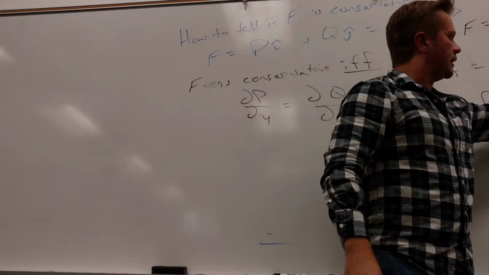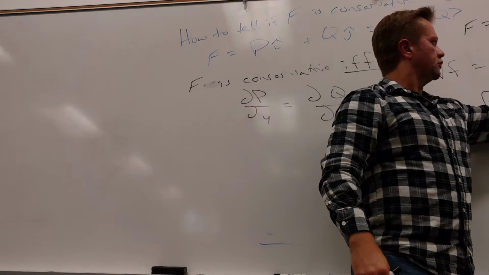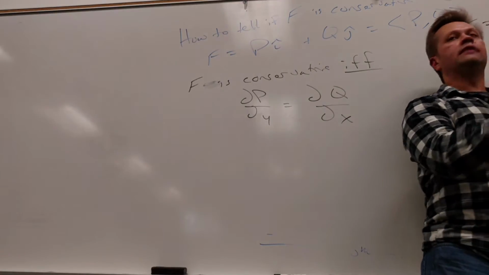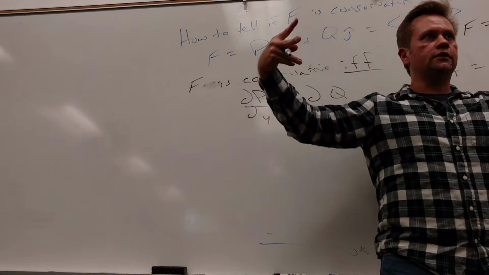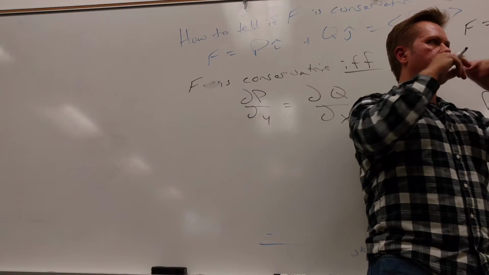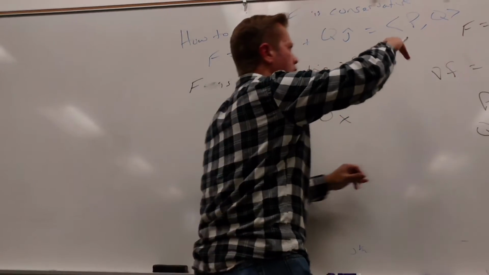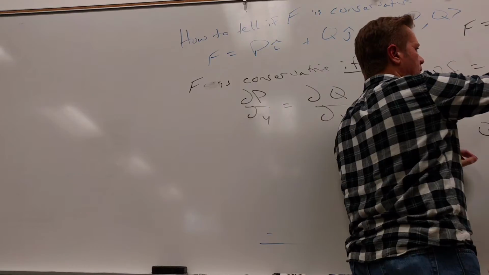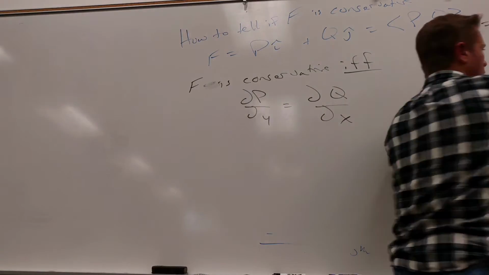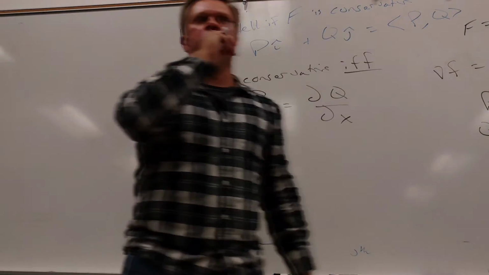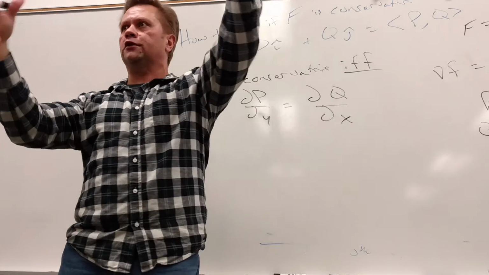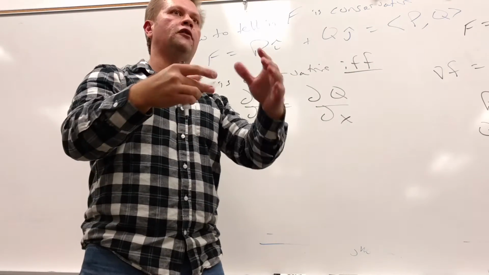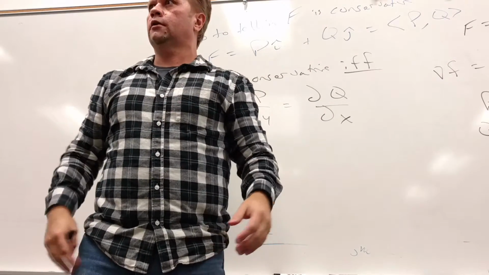Because that's basically the second derivative. That's the derivative with respect to x and then with respect to y. That's the derivative with respect to y and then with respect to x. Clairaut is the guy that said they have to be equal to each other. So it's a really interesting little path we took. If this exists, then this must be true, which means this must be true. So then we've got a test for a function. If that is true for a vector field, it must be conservative. It must come from the gradient of something.